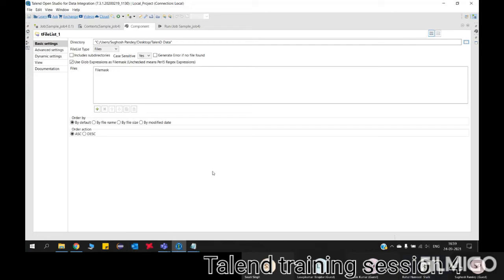Okay, good. And this one, see, you have something called order by there. You can give order by file name, order by file size. If you have 10 MB and 20 MB files and you want to process the 10 MB file first, you can go for order by file size. And if you have file A and file B and you want to process file B first, you can go with the order. Ascending or descending you can do. So in the same order, it will be executed.